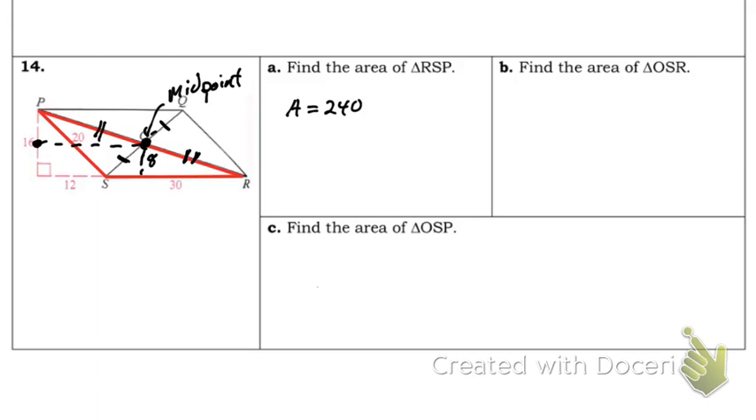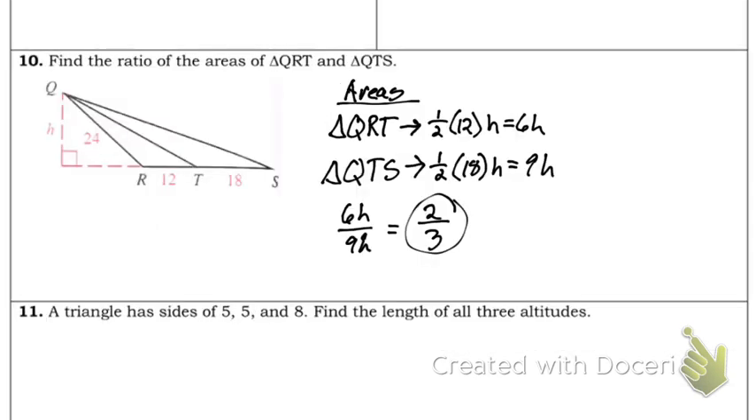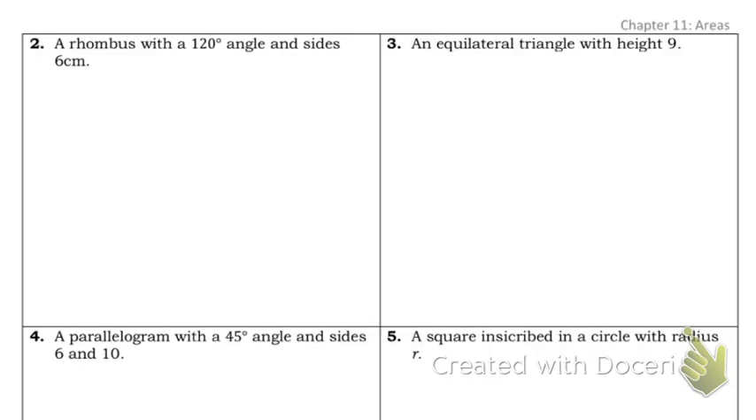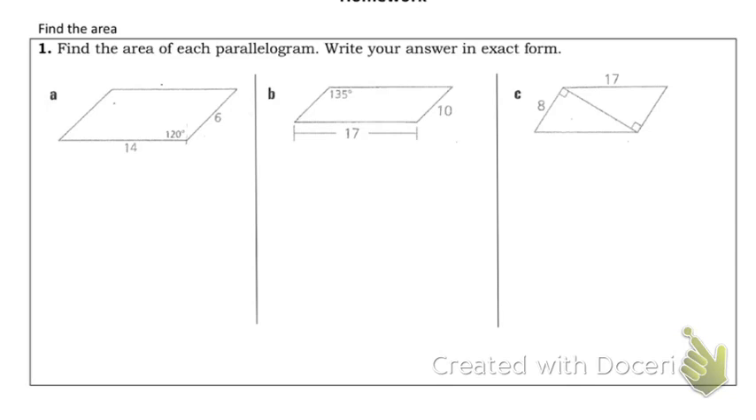Grace, can you do number 1C? Because I multiplied it twice. I got the answer, but I multiplied it. I got 120, and then I thought that was just for the one triangle. Okay, so we have 8 and 17. What did you do? I did 8 squared